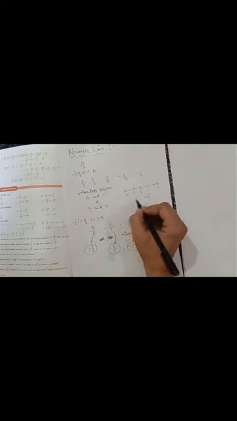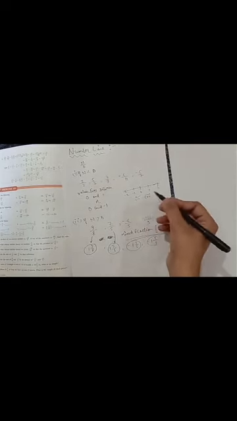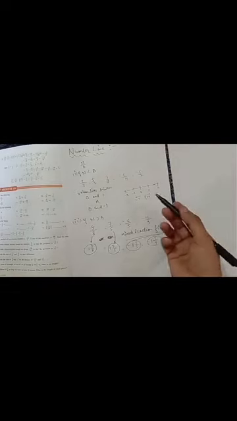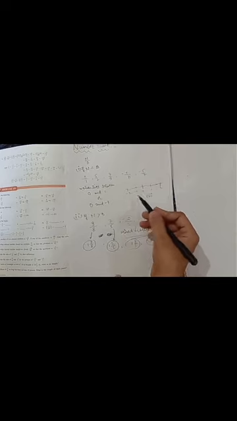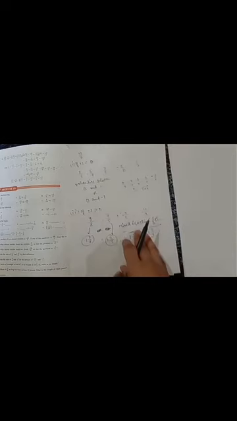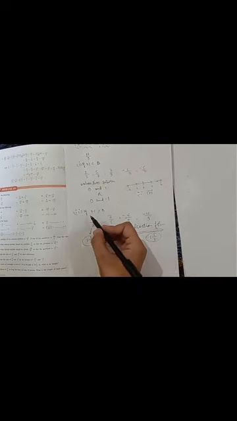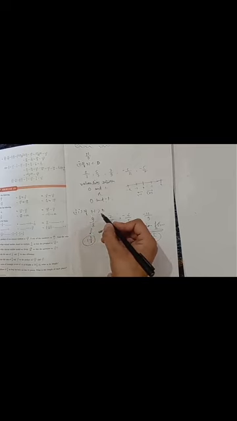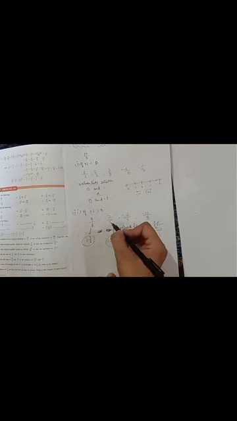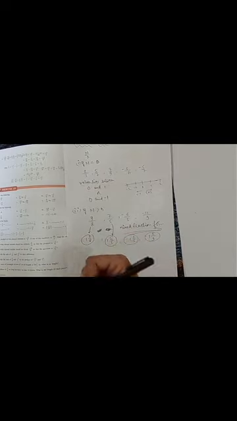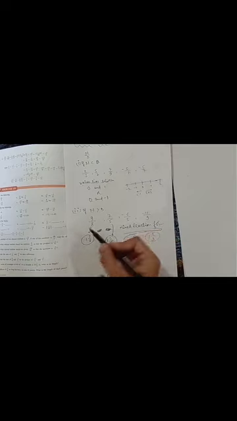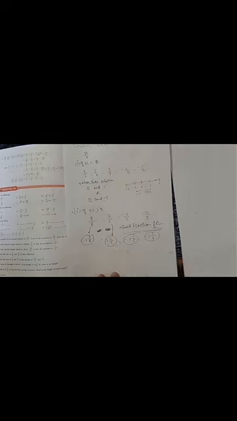On the left hand side of 0, we have minus values, and on the right hand side of 0, we have positive values. And if the numerator is greater than the denominator, like 9 upon 8, 7 upon 5, minus 6 upon 5, we have to convert the value into mixed fraction form, like 1 whole 1 upon 8, 1 whole 2 upon 5, minus 1 whole 1 upon 5, and minus 1 whole 2 upon 9.